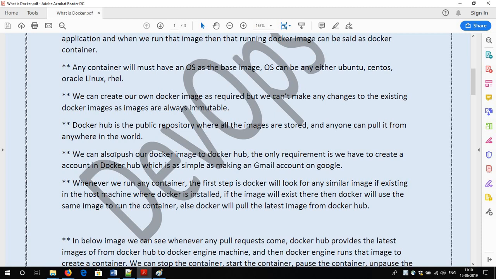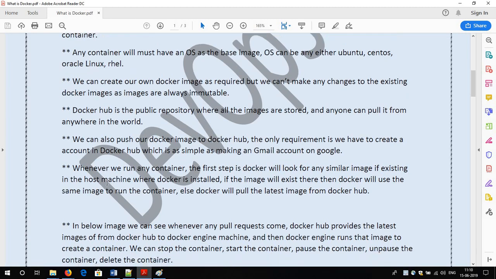So simply you can understand that in the Docker Hub you can push your images, and if you want to push them as private images, then the DTR option is there. DTR is Docker Trusted Registry, which is not free or open source. You have to pay for the Docker Trusted Registry, and companies prefer to go with the DTR as they don't want their images to be public. So that's all for now.